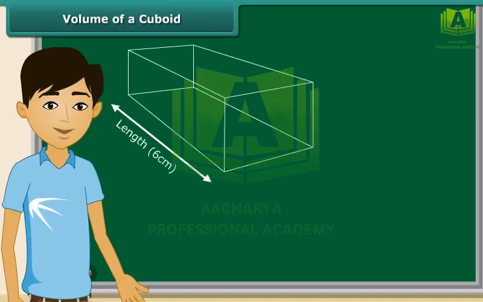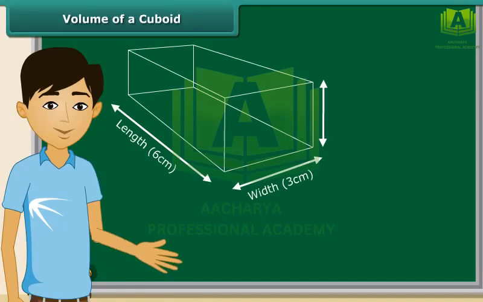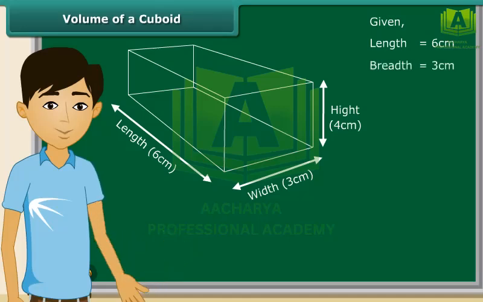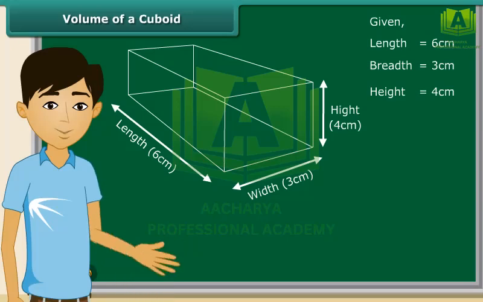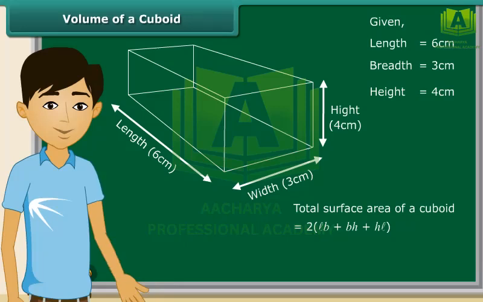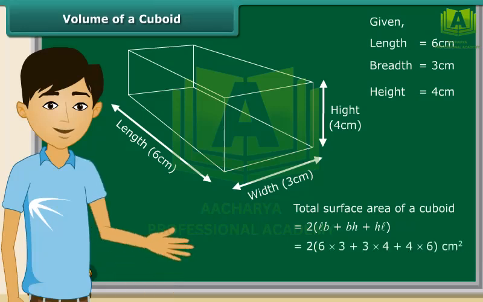Alright, let us take an example. You are seeing this cuboid which has length equal to 6 centimeters, breadth equal to 3 centimeters, and height equal to 4 centimeters. Calculation of its surface area is not difficult at all because now we know its formula. Now we substitute all the values here and this gives us the surface area of this cuboid, which is equal to